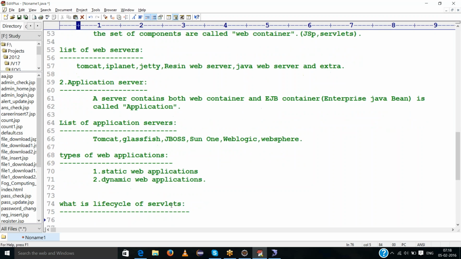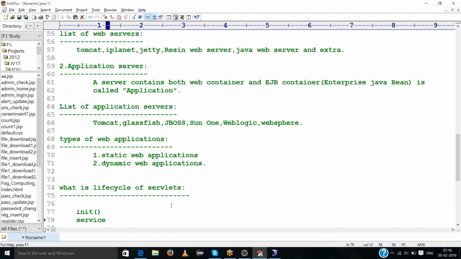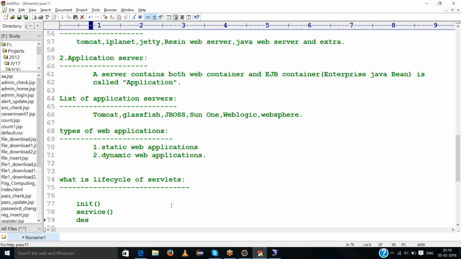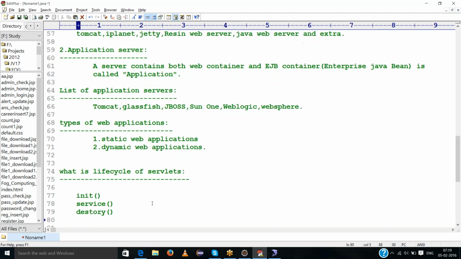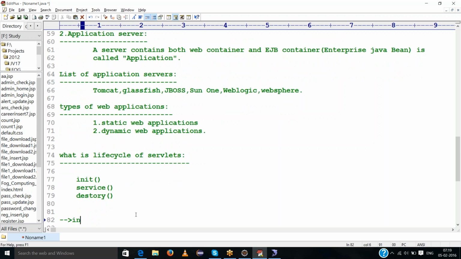The life cycle contains the init method, service method, and destroy method. In total, how many methods are in the life cycle? Three methods: init method, service method, and destroy method. That is the life cycle of servlets. The first one is the init method.